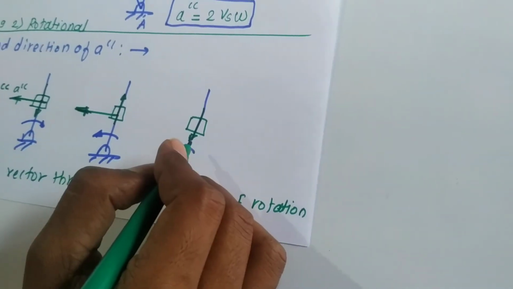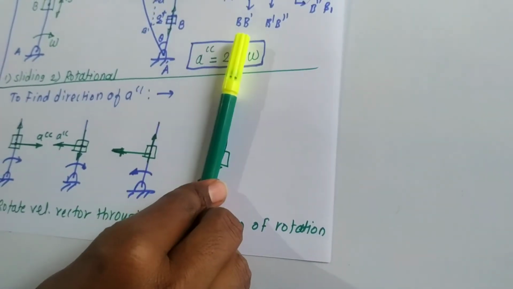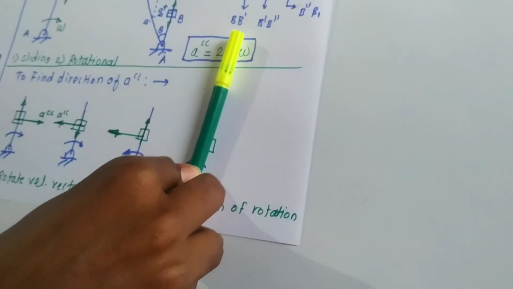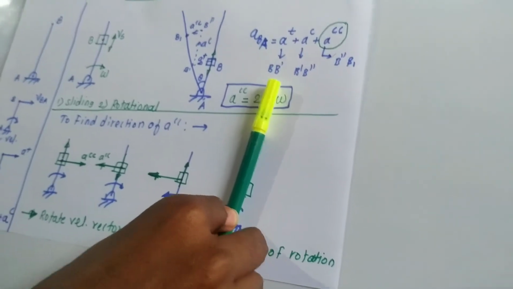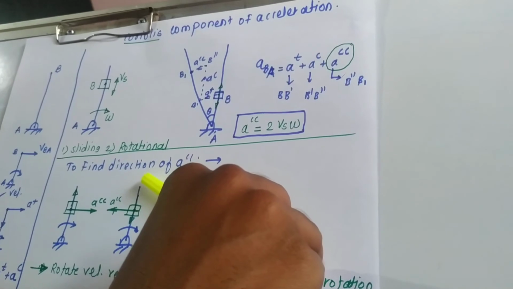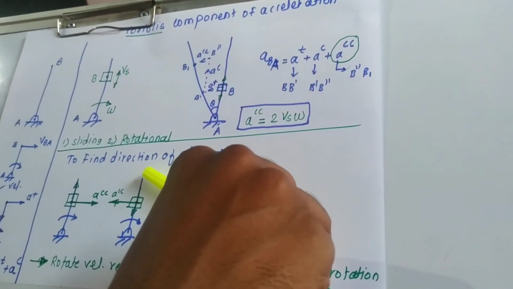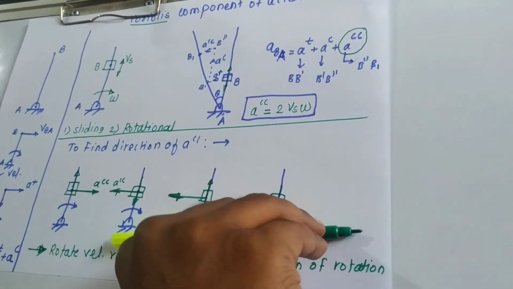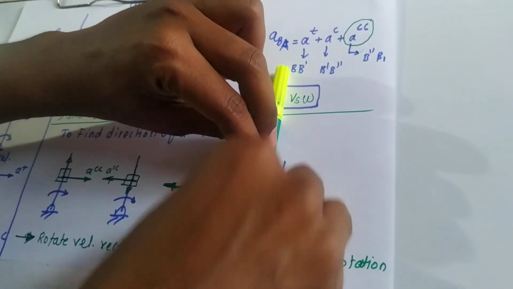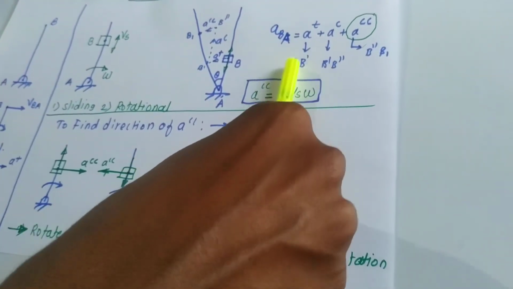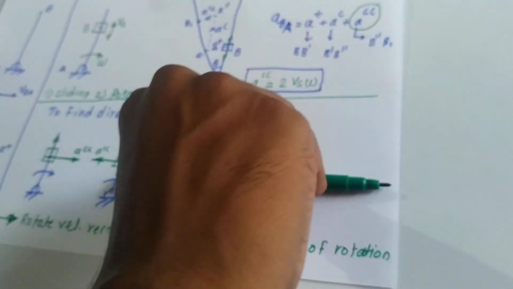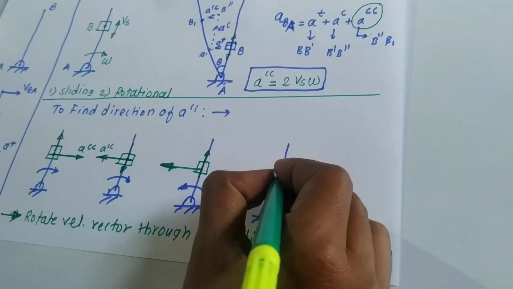It is moving downward. It rotates anti-clockwise. So you must be careful about the rotation. Of course you have to rotate 90 degrees, but clockwise or anti-clockwise? The direction of rotation is anti-clockwise. So it will be clockwise or anti-clockwise? Yes, it is anti-clockwise. See the tip, I have to rotate it. The given direction is anti-clockwise. Therefore, rotate through 90 degrees in the given direction. So this will be your acceleration vector.